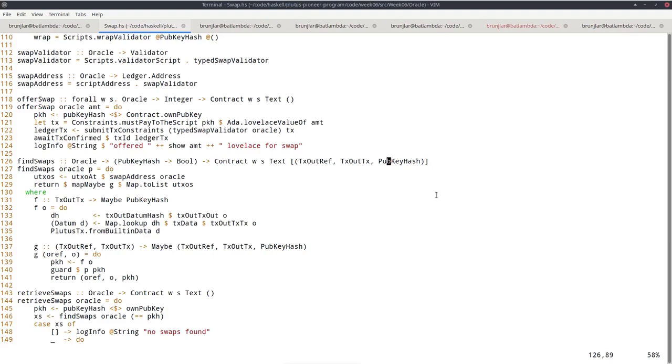So again, the reference to the UTXO itself, and this public key hash is the datum of the UTXO. So that's as follows. So we use the UTXO at the address. So that gives us all UTXOs sitting at this swap address. And then we use mapMaybe on the list that we get from this.